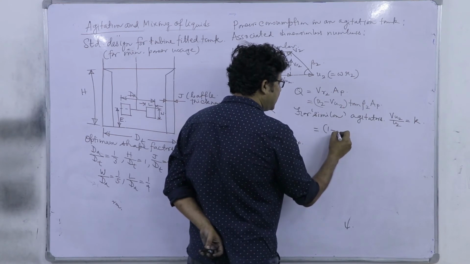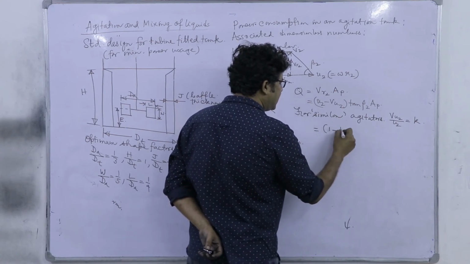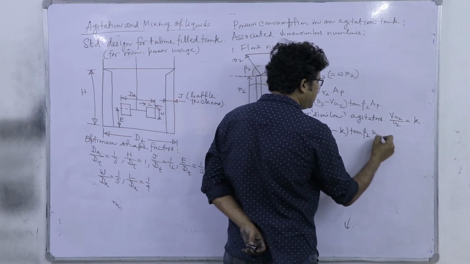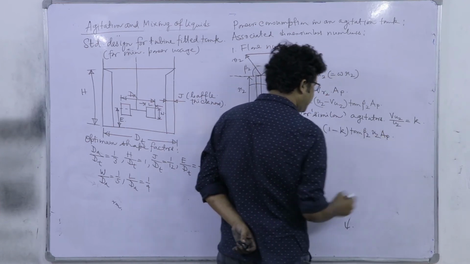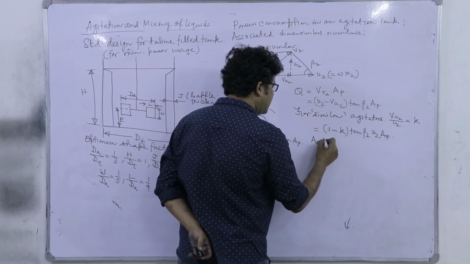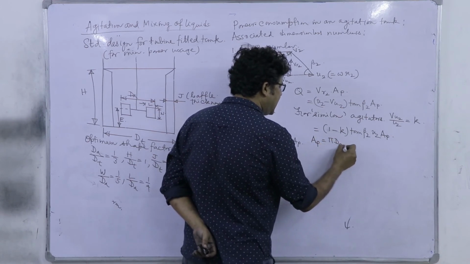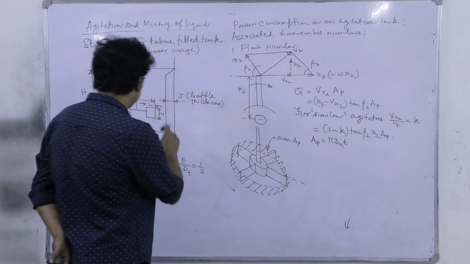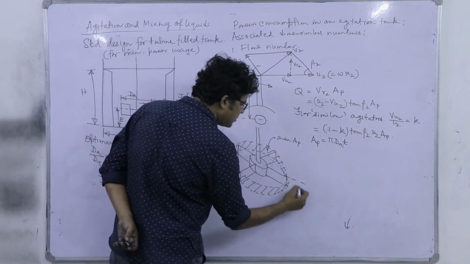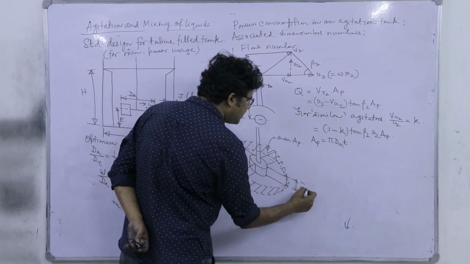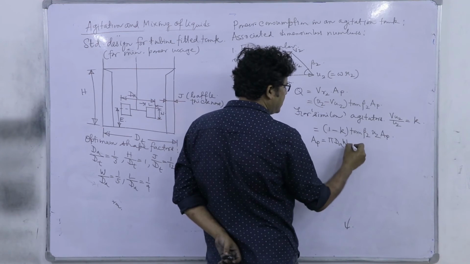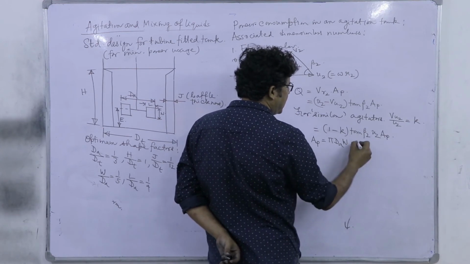So, it is 1 minus k into tan beta 2 into u2 into AP. Now, AP is equal to pi into dA into T. Now, T or here it is W, right, this is W, pi into dA into W, right,